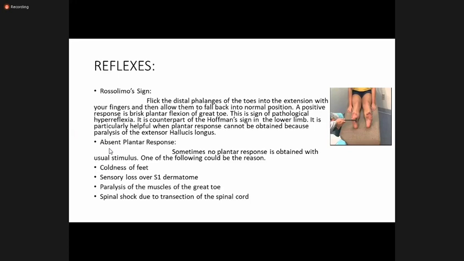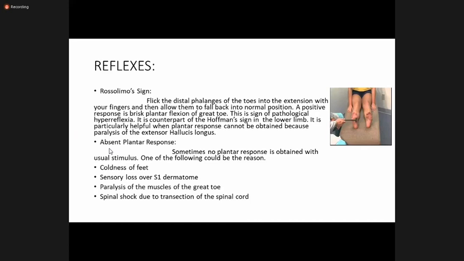This is a sign of pathological hyperreflexia. It is a counterpart of movement signs in the lower limb. It is particularly helpful when plantar response cannot be obtained because of paralysis of extensor hallucis longus. Once again, the Rossolimo sign: